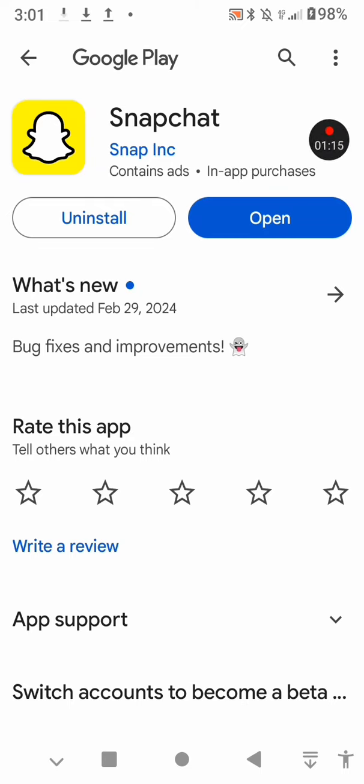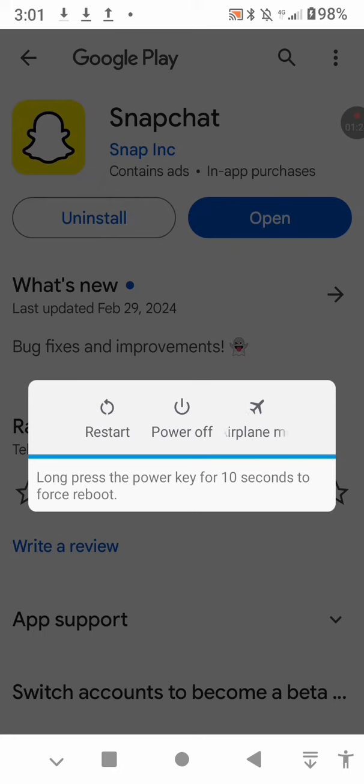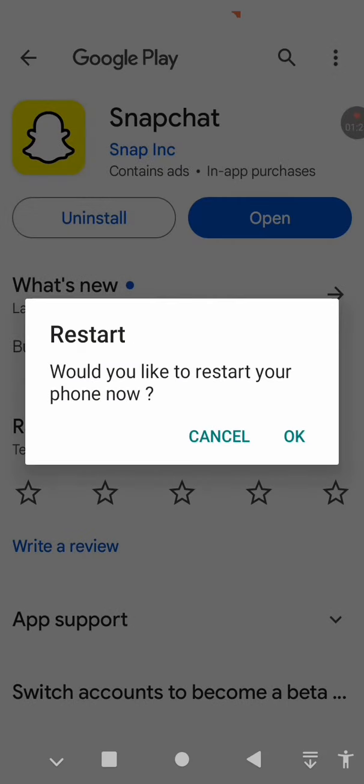But when you don't see update but you see open, just leave it like that and tap on your power button for some while to restart your device. So when it pops like this, tap on restart, then tap on OK, and this problem is going to be